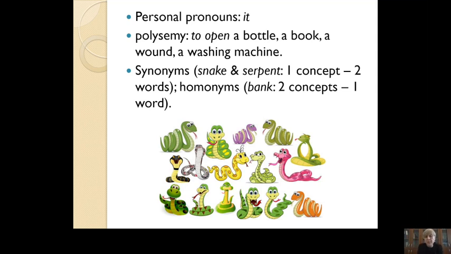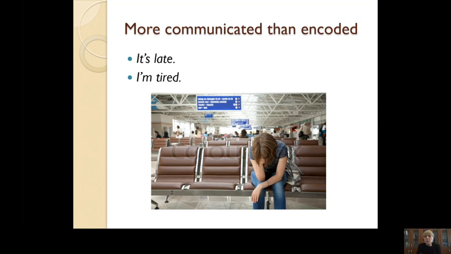One more trivial example will be the use of synonyms. So snake and serpent, one concept, two words. Homonyms, bank, two concepts, one word. So as you can see, the relationship between concepts that occur in our mind and words that are at our disposal to express them is not one-to-one, okay? So perhaps there are fewer words than concepts we can think of, which means that more may be communicated